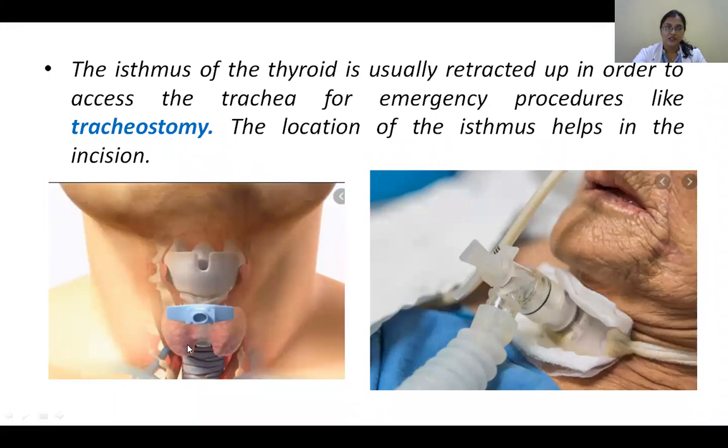And then here, you can see again the see-through image. You can make out the cartilages here, the thyroid cartilage, the cricoid. You can make out the rings here. Then you can see the isthmus. These are the lateral lobes. And just above the isthmus, you can make out there's an instrument there. That's a tracheostomy tube. The isthmus of the thyroid is usually retracted, and you can see how this is the tracheostomy. So this is for your idea of the importance of knowing the mark of the isthmus, especially in a procedure called tracheostomy.